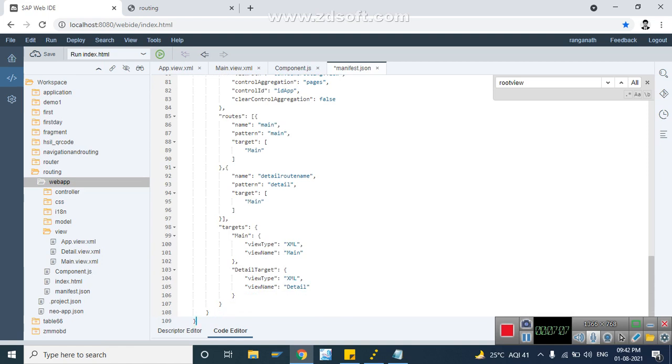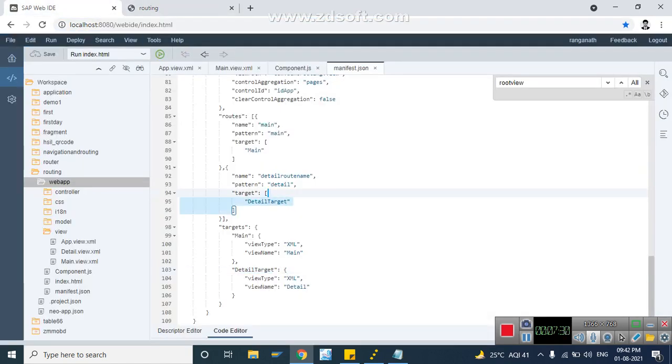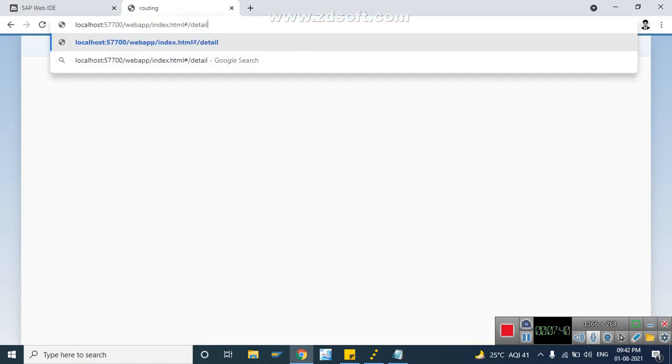So when the pattern equals detail, which target has to be loaded? It should load the detail target. Now if you want to load the detail view, the URL pattern should match detail, and then only the detail target will get called and the view will be loaded. So let us view here, instead of main we'll view detail.